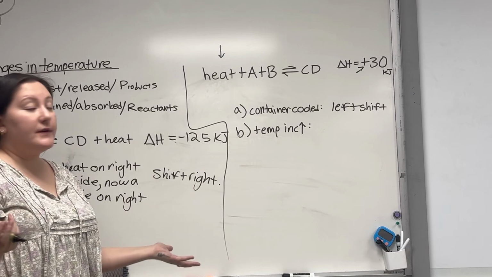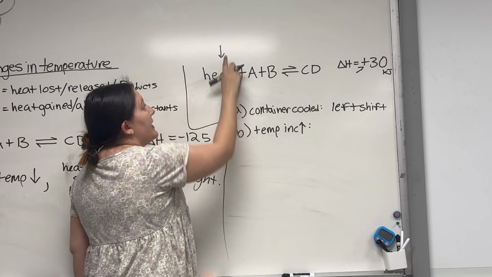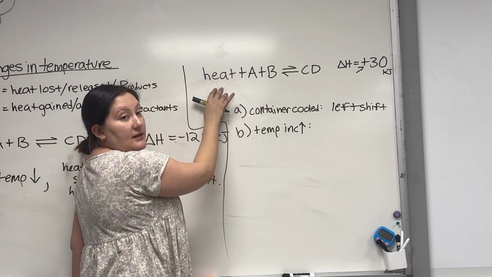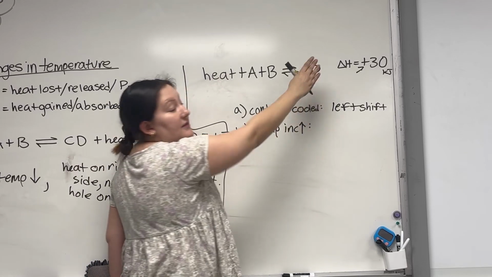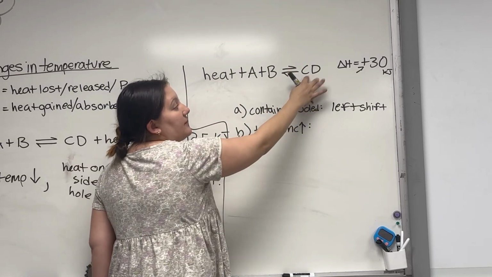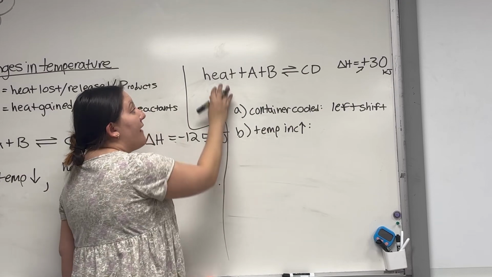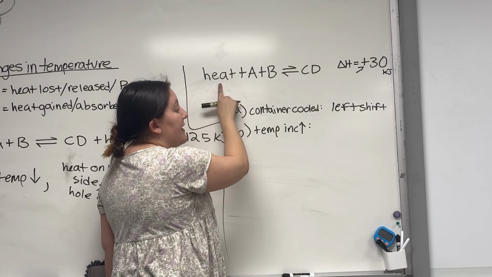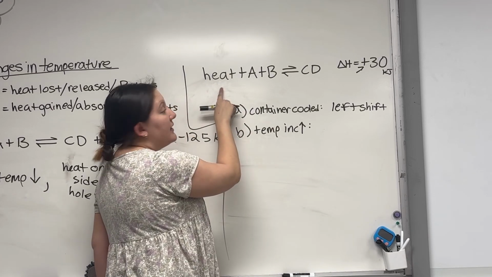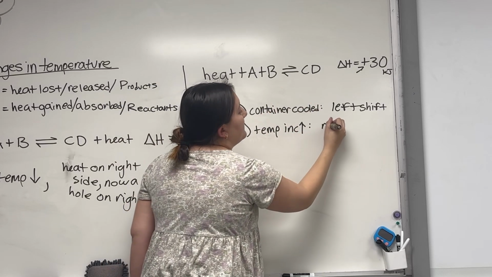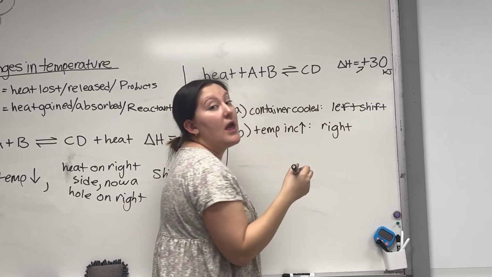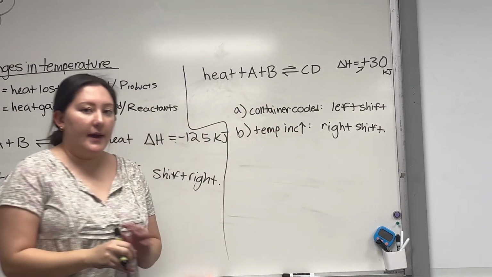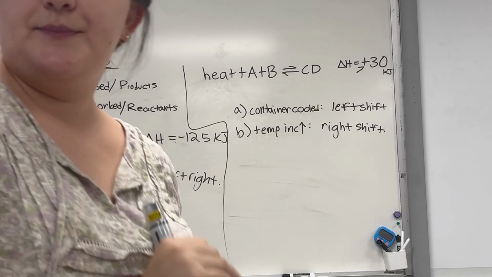Okay, so the converse is also true. When I increase the temperature, now I'm going to have extra heat in this area. So I'm going to have more heat than I did before. Well, equilibrium, we're going to try to balance it out. I'm going to get rid of some of the heat by creating more CD, away from the side with the heat. So if I add more of that, just like with concentrations, we have to go away from it to get rid of something. So if I add more heat or increase the temp, either way you can say that, then I'm going to shift to the right this time to get rid of some of that extra heat. So away from the heat producing side. So right shift for that one, okay? All right, and that is the basics of heat.